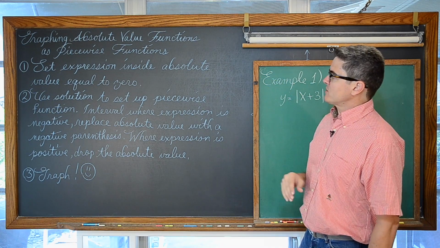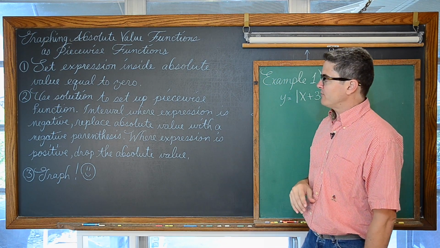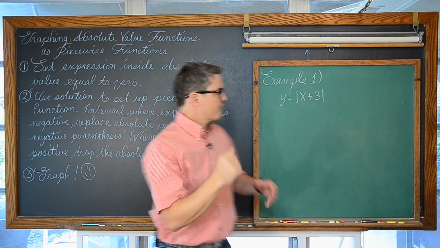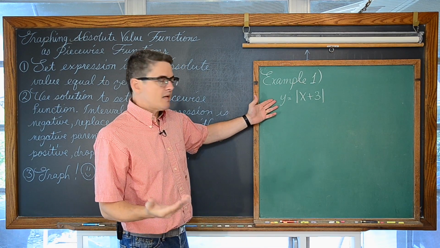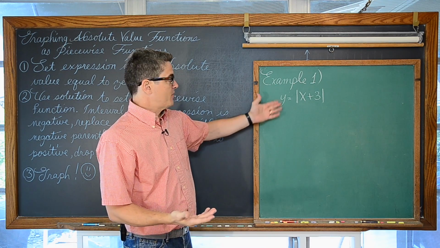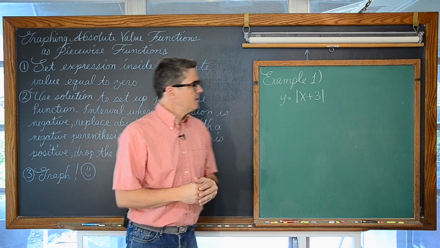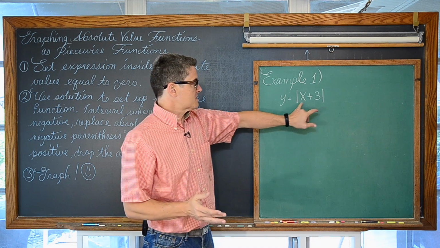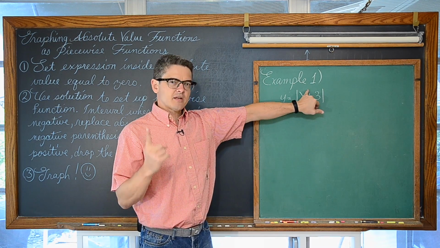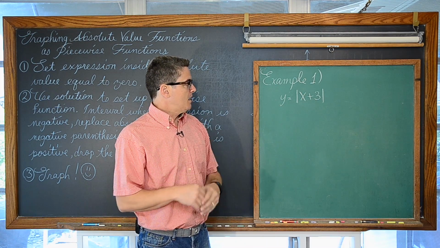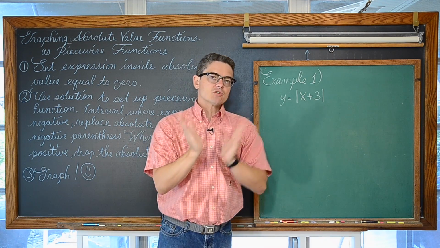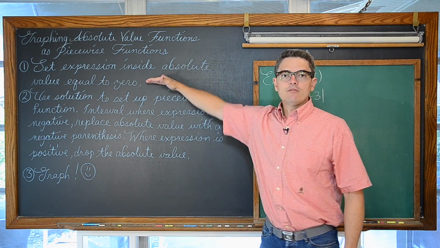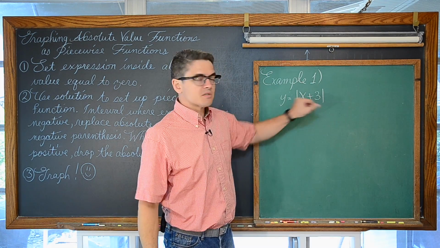We're going to set the expression inside the absolute value function equal to 0. Maybe you remember from your Algebra 2 lessons, something simple like this first example, y is equal to the absolute value of x plus 3. With this being a linear function inside of our absolute value function that has an exponent or degree of 1, this is just going to be like a V shape. And that sharp bend is going to occur at the value of x that makes this expression equal to 0.